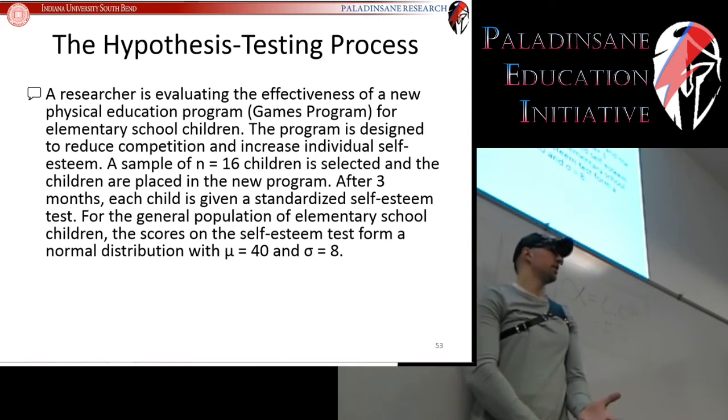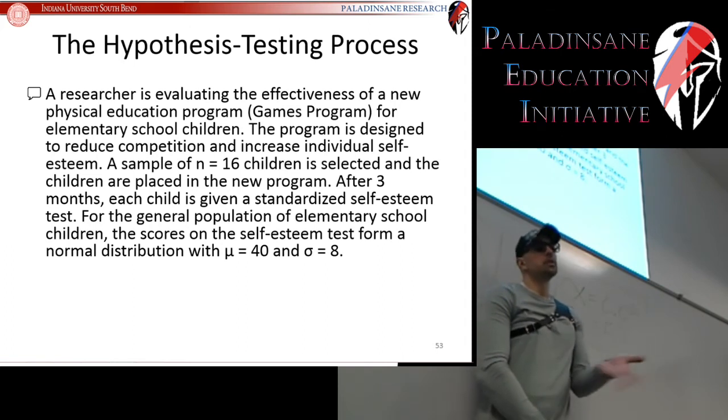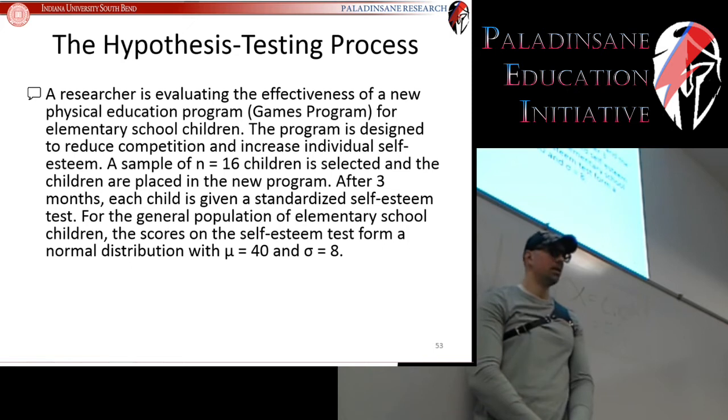Why not before 3 months? And then after 3 months? It's because it makes the math easier, it makes the logic easier to begin with. So don't let that bother you. It seems like a silly thing to do. But anyways, they didn't measure them before, but after 3 months on the program, each child is given a standardized